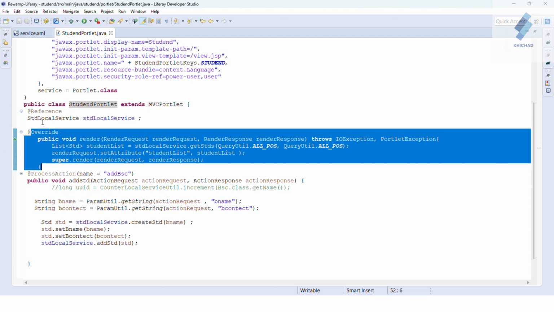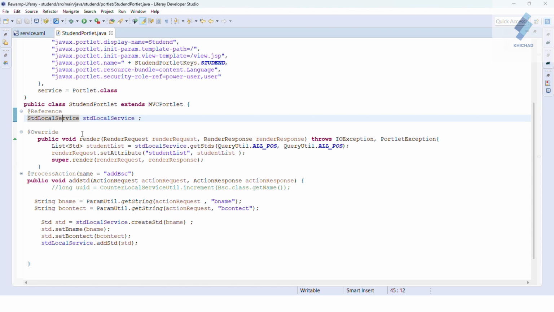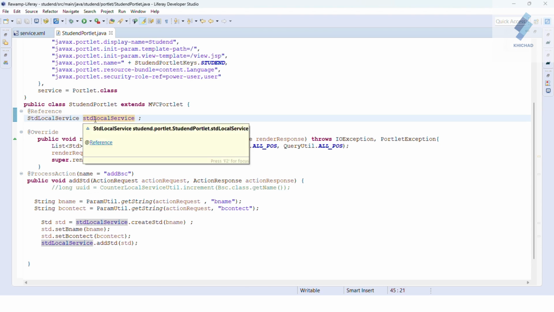First I create the reference. At the beginning of the class, declare a reference to the student local service interface using the Reference annotation. And for the overridden methods, the first method is the overridden render. This crucial method in the portlet lifecycle is responsible for rendering the portlet and its content on the portal pages. Within the overridden render method, we use the student local service to call the get students methods.